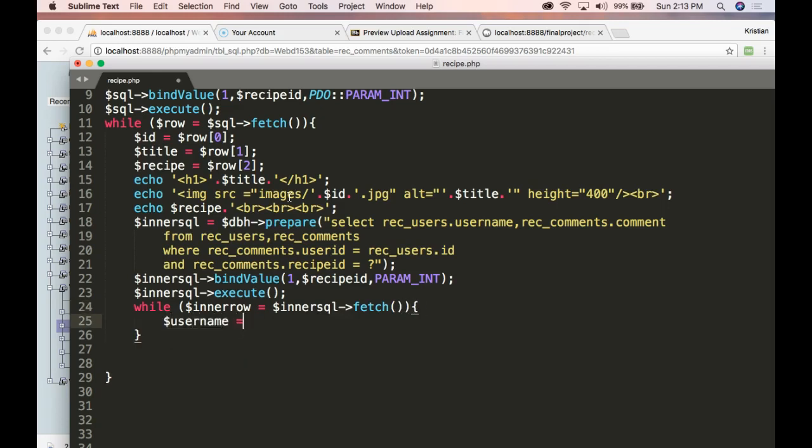We'll have the username equals scalar inner row, and I am a very lazy man, so I'll do 0. And I'll do comment equals inner row 1. And now I'll just echo it out, and we'll do a p tag. I'd rather keep the values sort of free from your HTML and allow you the benefit of designing. But I'm going to go ahead and do that anyway,